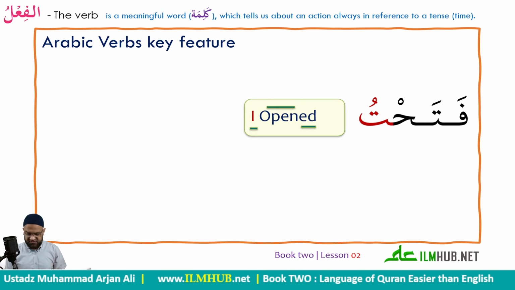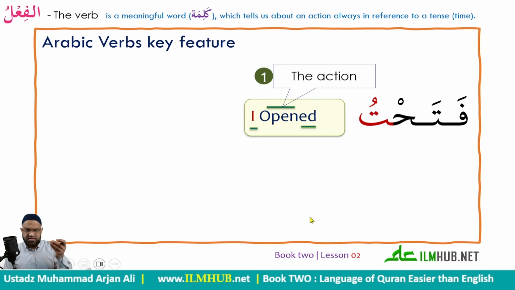So the three pieces of information that we see in every verb in Arabic, number 1, it will have the meaning of the action. So for example, here, in Arabic, I have fatahtu, which translates into English, I opened. So the action is to open. That is a basic action. So the first thing a verb will have is the 3 root letters, which will give us the name of the action or the action itself. Then we have the doer. Every verb, please make a note of this, every verb will have a doer in the form of a pronoun. In the example that I have here is fatahtu, I opened.